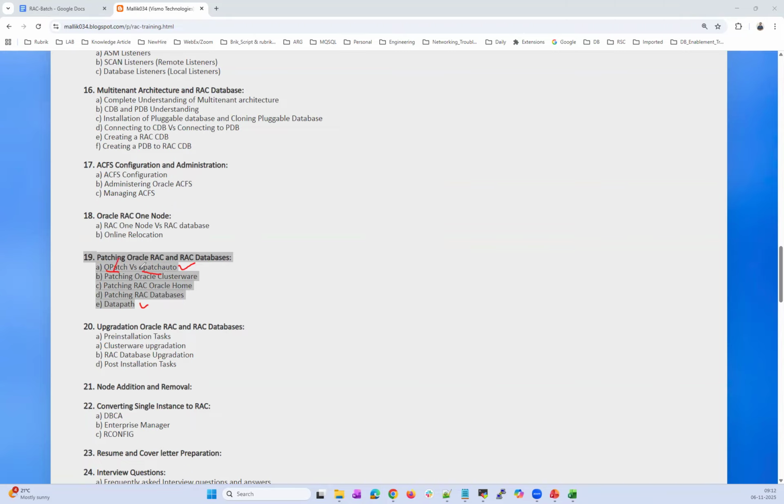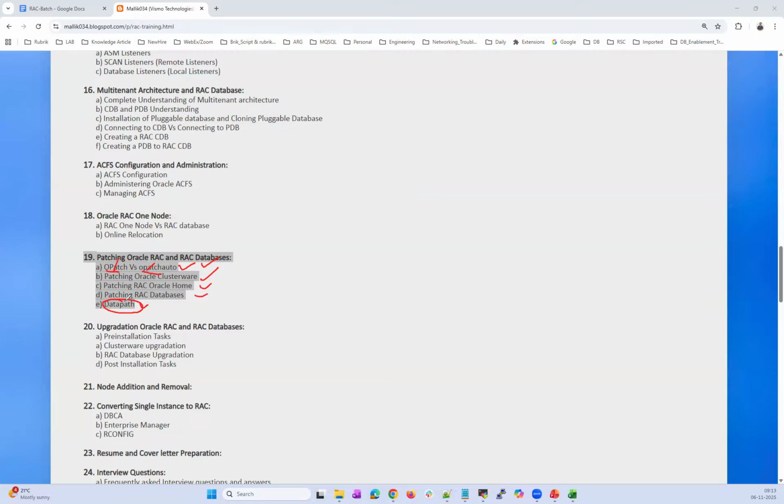Either I can go with OPatch or OPatch Auto. OPatch is manual, OPatch Auto is automation. A lot of steps are automated there. I can use those tools for patching my Oracle home and grid home. And datapatch is my other tool, used to patch my database. So we'll patch my clusterware or the grid home, we'll patch my Oracle home and all the databases.